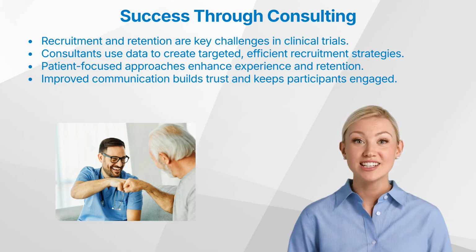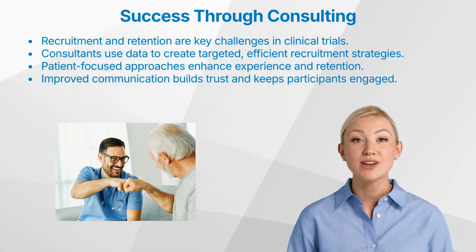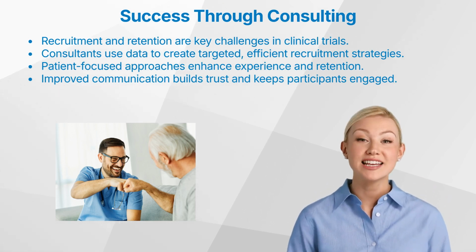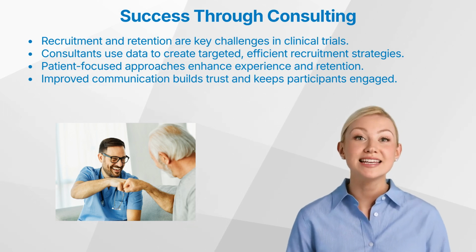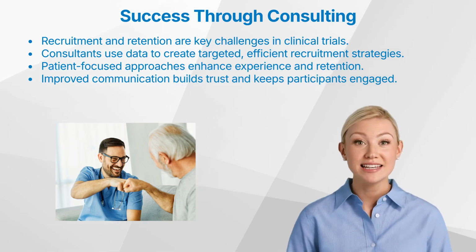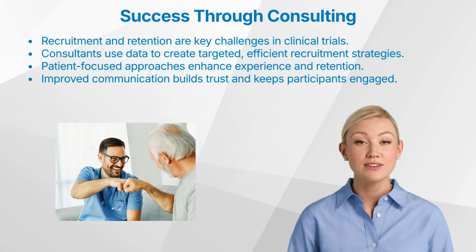These targeted strategies not only increase the pool of participants, but also make the enrollment process more efficient. Additionally, consultants implement patient-centric strategies. They recognize that patients are more than just trial subjects. They're individuals with unique needs and concerns. By focusing on creating a positive experience for participants, consultants ensure that patients feel valued and respected throughout the trial